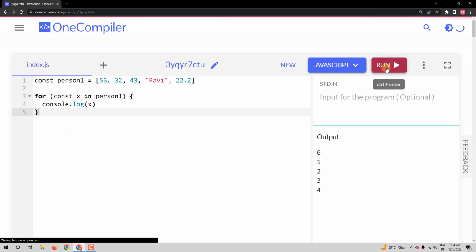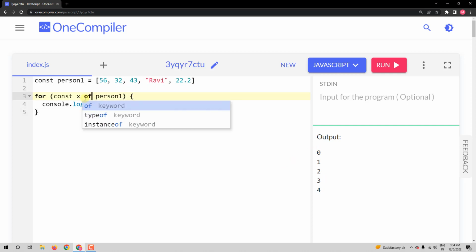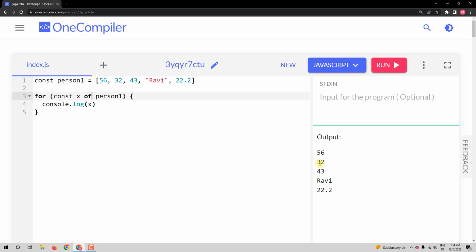So when I run it, I get the index numbers, okay, 0, 1, 2, 3 and 4. So instead of getting the elements, I'm getting index numbers, which is not useful for us. So I'll say "of" and run it to get the elements as the result. Now let us put to use